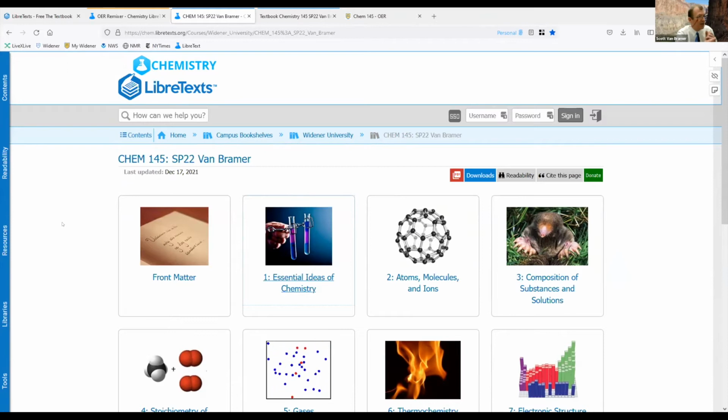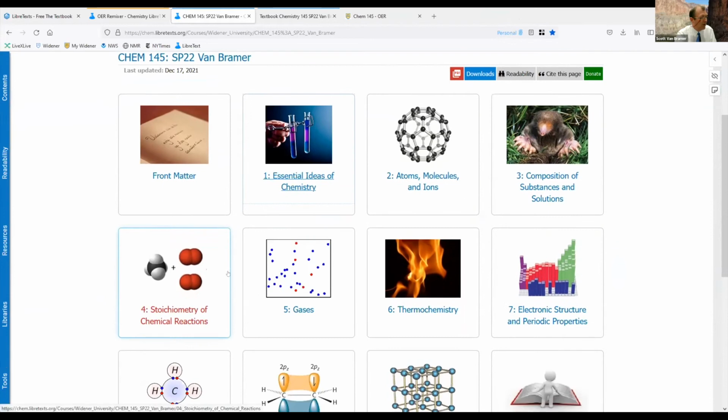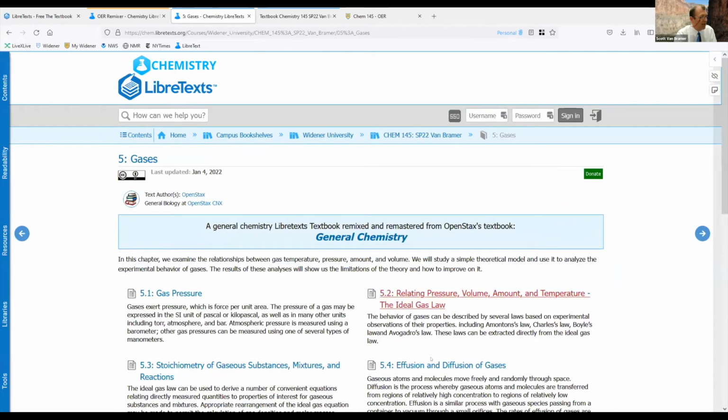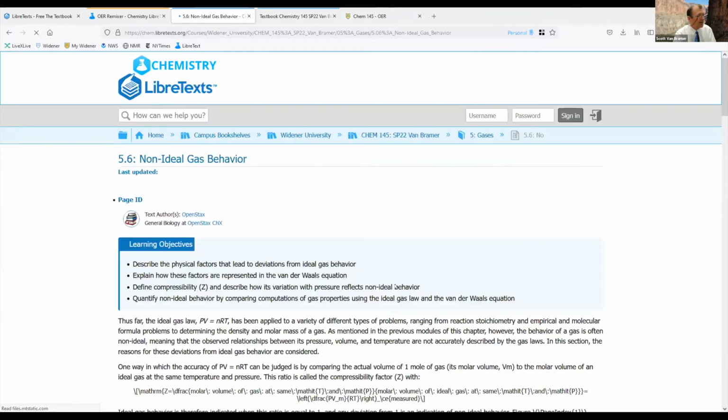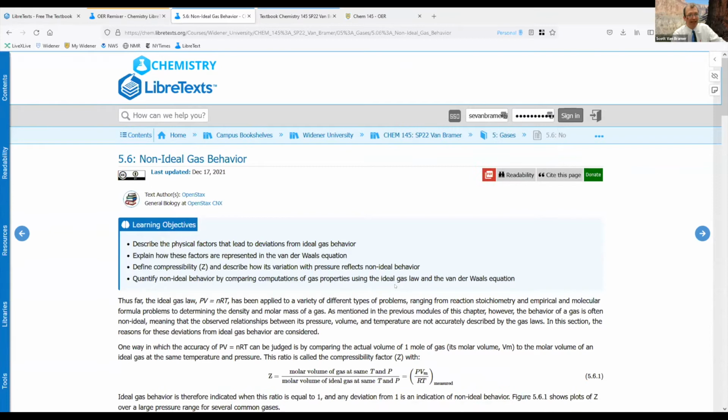I can give students links to the whole textbook, or, this week we're doing the gas laws chapter. So for Friday's lecture, I'll give them a link to this page. This is what we're doing in class that day.